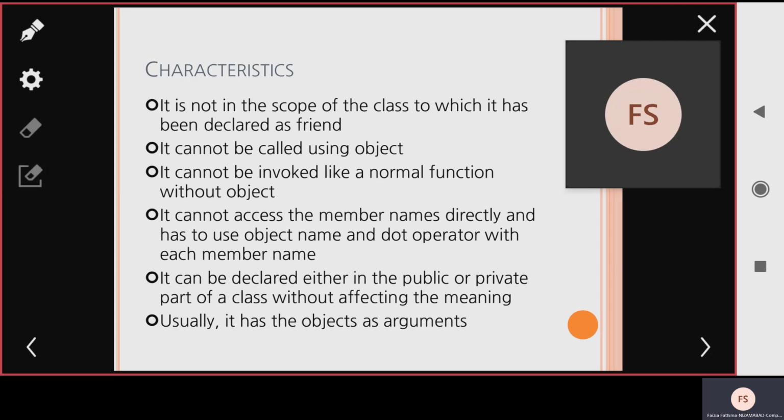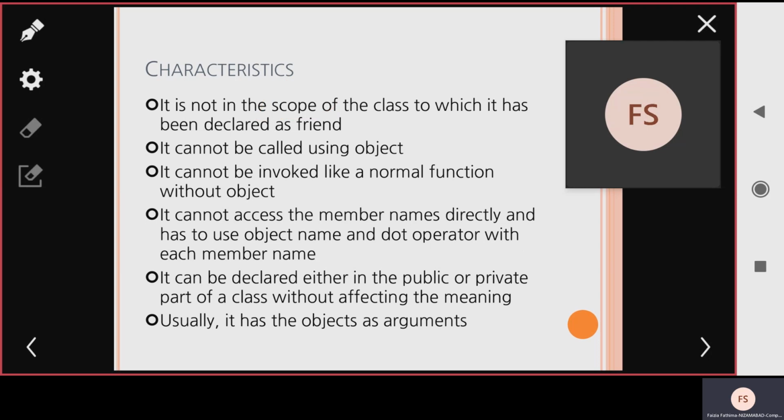The characteristics of a friend function we have to consider: it is not in the scope of the class to which it has been declared as friend.